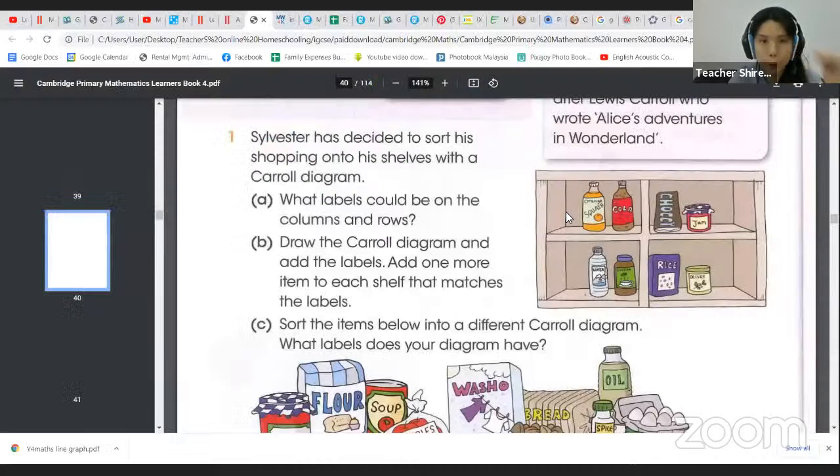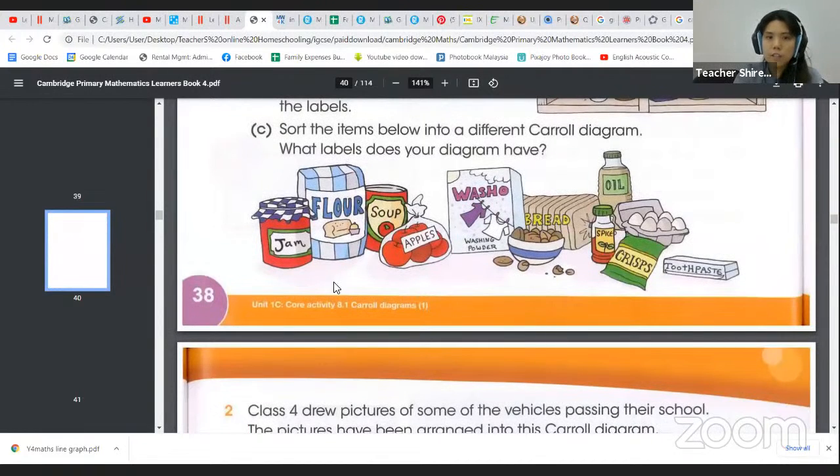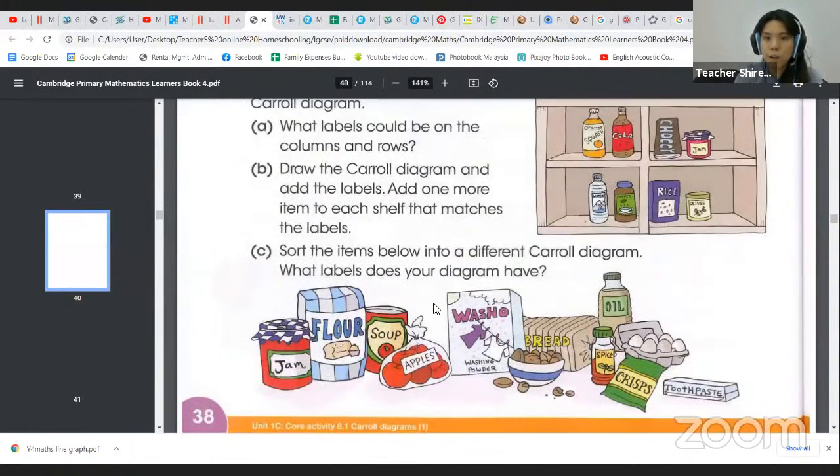All right. So let's just share back to the book. Okay, sort the items below in a different Carroll diagram. What label does your diagram have? Okay, so try to sort the box just like just now, but now you have a few items here. Now you have jam, flour, soup, apple,